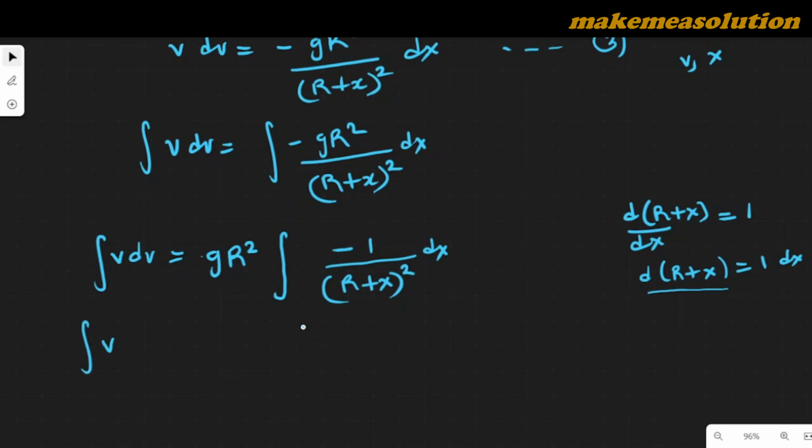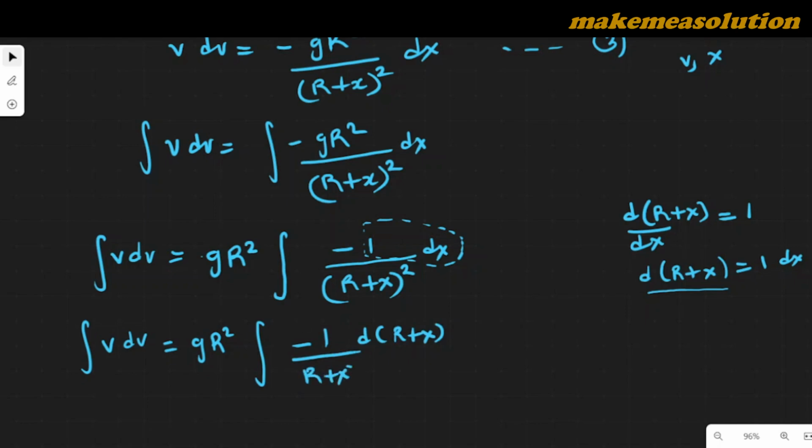Now we have v dv is equal to gR squared, then the integral of, then minus. Now this particular place where there is a 1 dx, you can now replace it with d of (R plus x). So this can still be minus 1, then you can now have d(R plus x) all over (R plus x) squared. So our integral is now of the form,